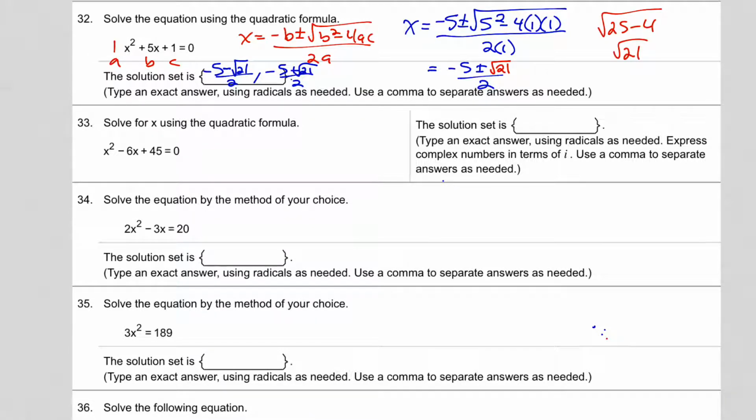Okay, we're going to use it again for number 33. Feel free to pause this at any time, or just go ahead and work these in your review at the same time as I do them. It's going to be the same type of question, just different numbers most likely. So the opposite of b, plus or minus the square root of b squared minus 4ac, all divided by 2a, which is going to equal